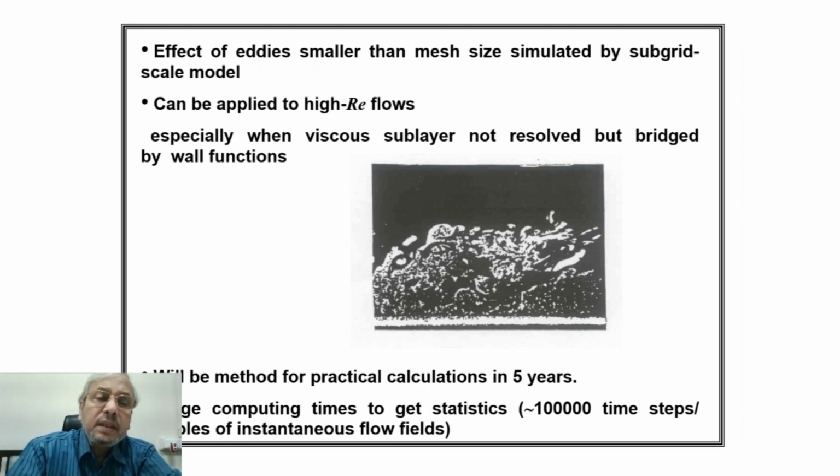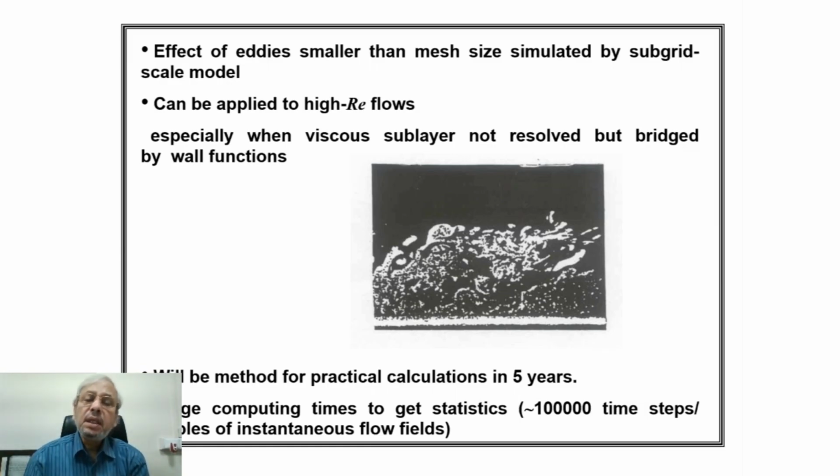But there is yet another difficulty when the viscous sublayer is not resolved, because as you know, turbulent fluctuations, as one approaches the confining walls, because of the no slip boundary condition at the wall and the gradual damping of the fluctuating components very close to the wall, we call it the viscous sublayer, where flow is like laminar flow.